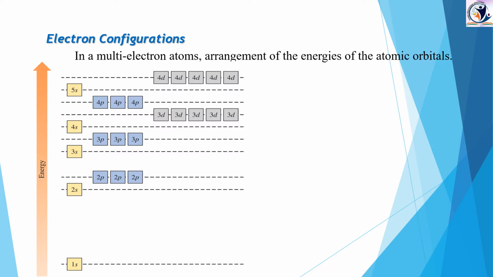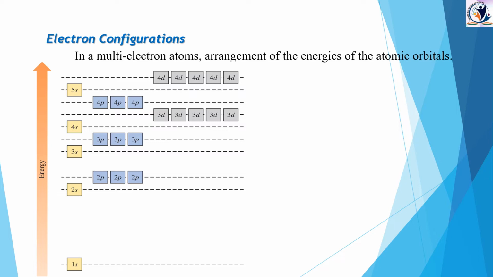So let us discuss the energies of the atomic orbitals. Why do we have to study the energies of the atomic orbitals? If we know very well about the energies of the atomic orbitals, then only can we arrange the electrons properly in the different orbitals according to their energy levels. Children, just try to observe one thing. 1s, okay, fine. That means the first shell has only one subshell.